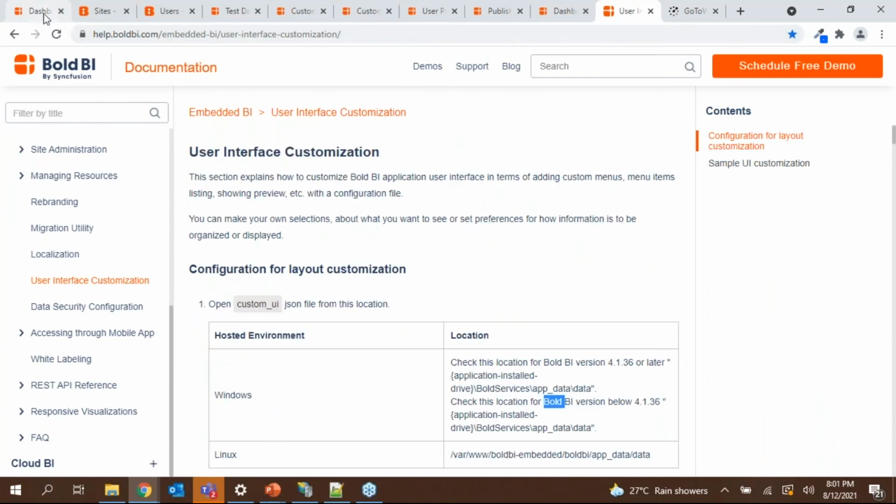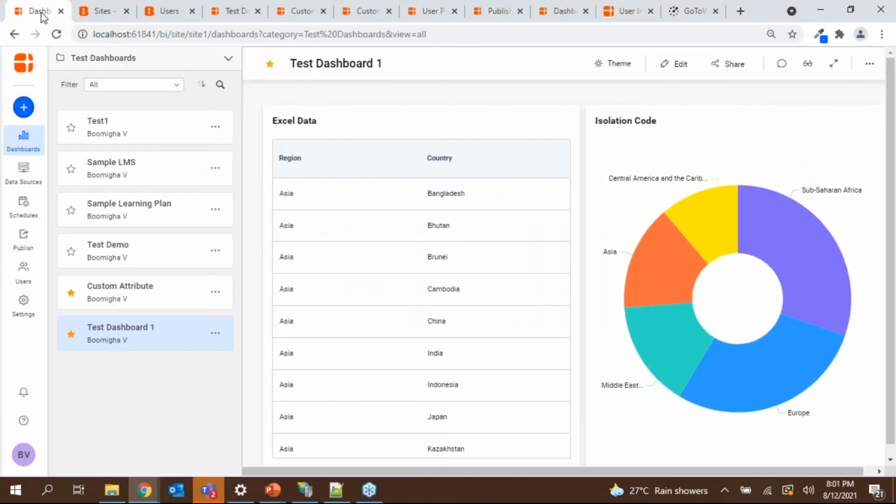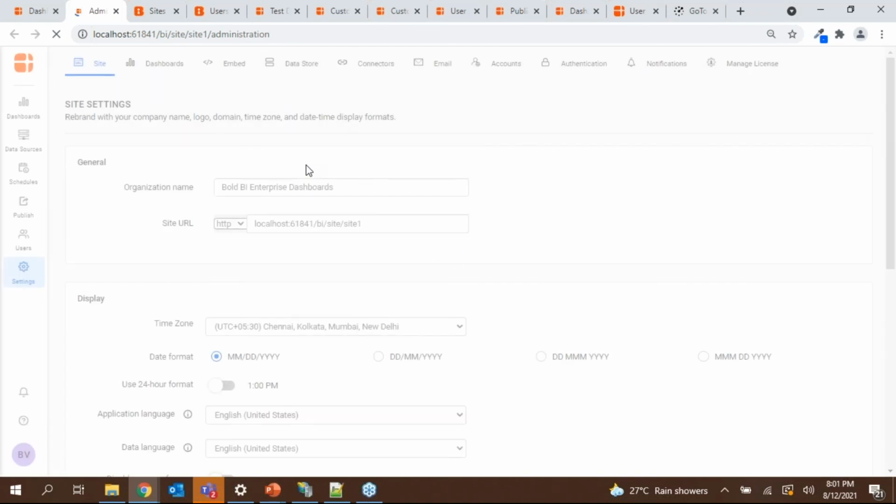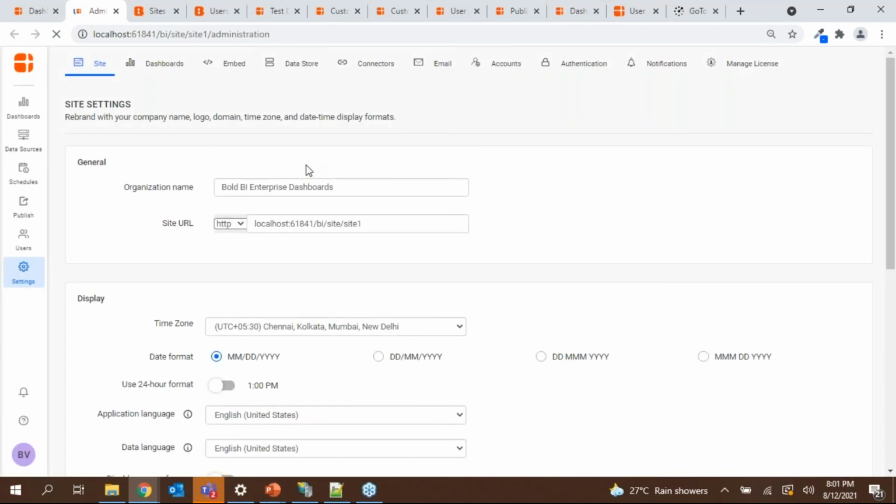And our last topic is rebranding. I mean, if you want to change your logos or whatever options you want to change, you can do that under the settings section. So let me load that page. And here, for example, for tenant 1, I need to have different date formats and time zones. And for tenant 2, if you want to have different time zones and date formats, you can do that under the settings option of each and every tenant. So every tenant has this option.